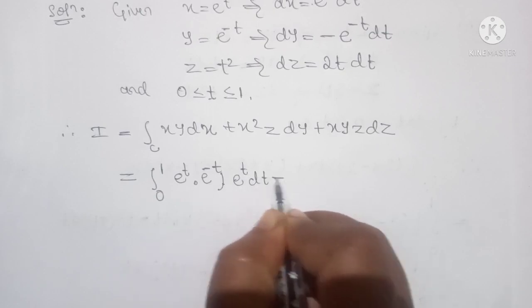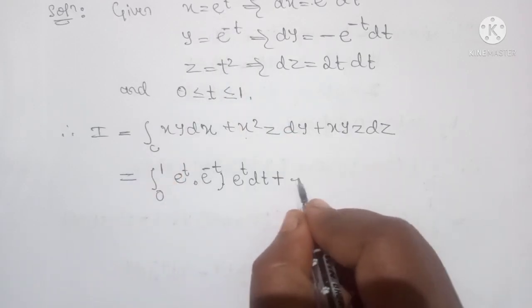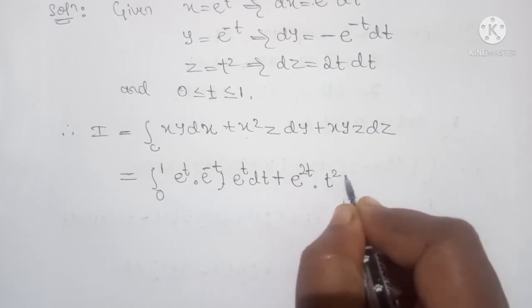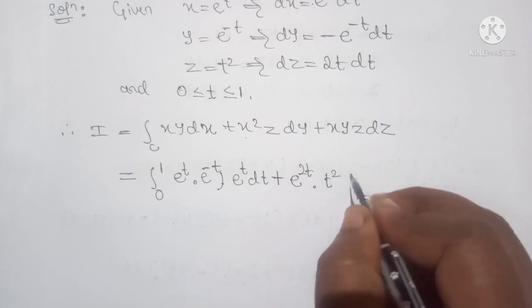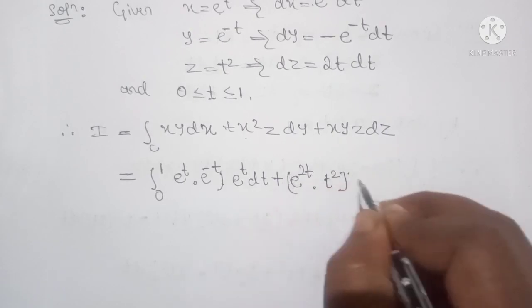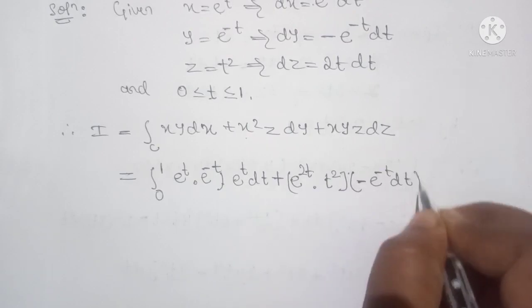Plus x square, which is e raised to t square, equals e raised to 2t. Z value is t square, and dy value is minus e raised to minus t dt, plus